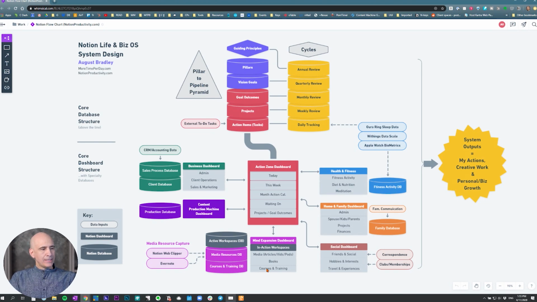So I have a whole database that's just about active workspaces on ideas I'm developing or subject areas I want to become more capable in or build more expertise in. Again, it could be sales and marketing. It could be family communication. It could be a lot of things. We're going to do a whole video on that, but that's an area where I'm aggregating knowledge from the different other sources based on theme, rather than in the other cases, the entries are based on the article or the book or the course. This one's based on the topic. So it will pull information from articles and courses and books and conversations.